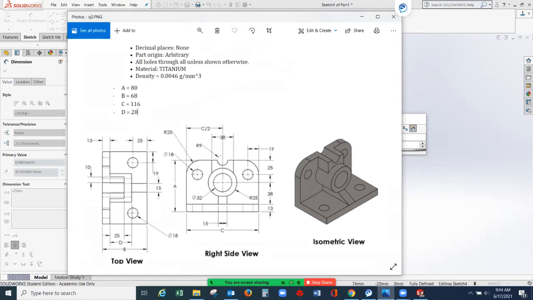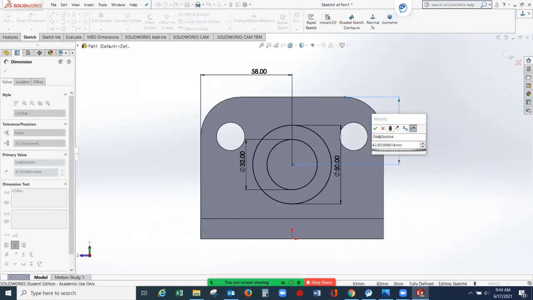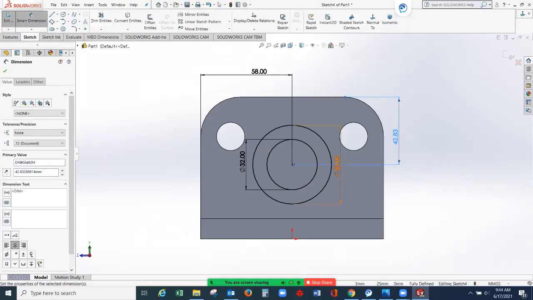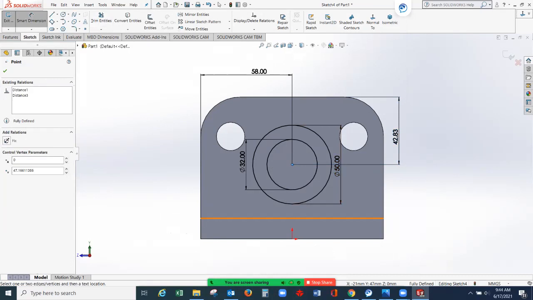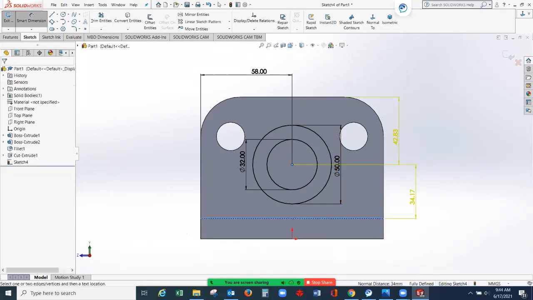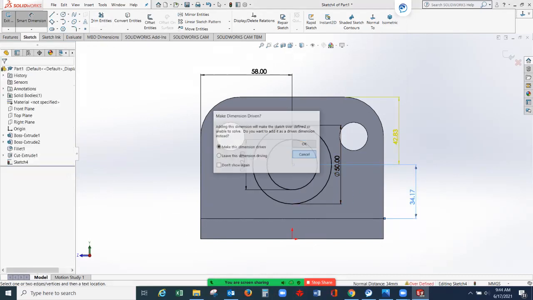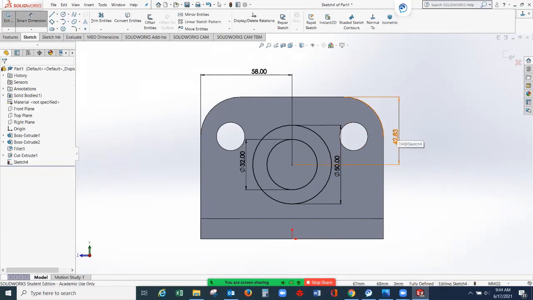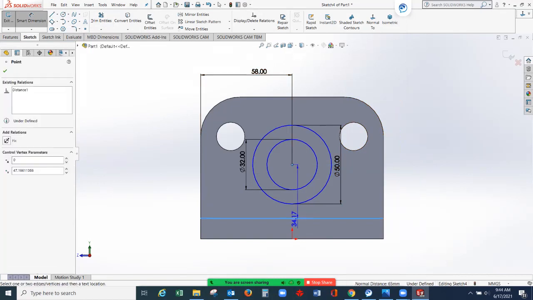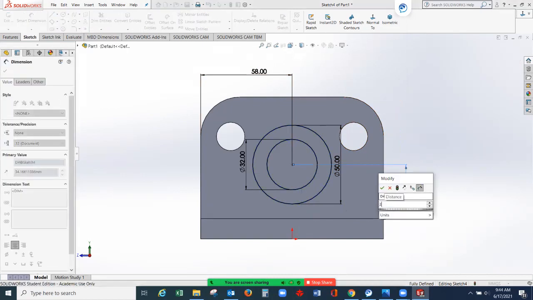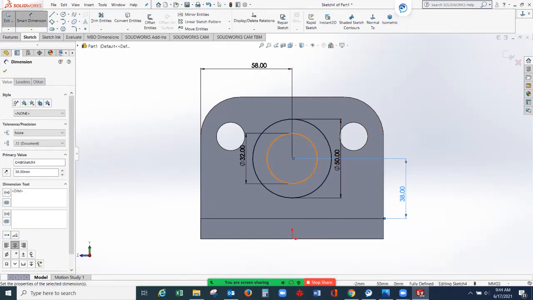let's check the given dimension. You can see we have from the bottom, from the bottom, we have 38. So we will use this dimension on the right side view. So 38, okay? From the center up to here, we have 38 millimeters. So we can delete this one first. So instead of giving dimension on top, you can start from the bottom here. So we have a 38 millimeters distance, okay?